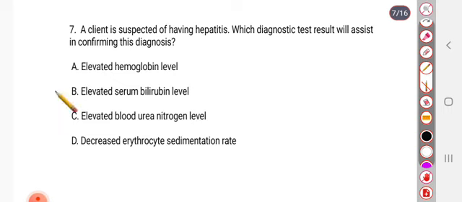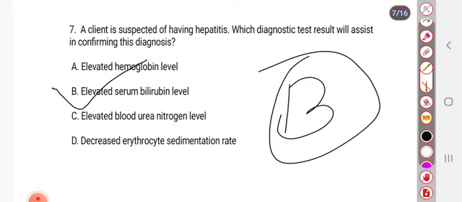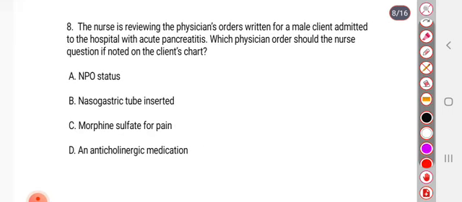Right answer is B, elevated serum bilirubin level. Next, the nurse is reviewing the physician orders for a male client admitted to the